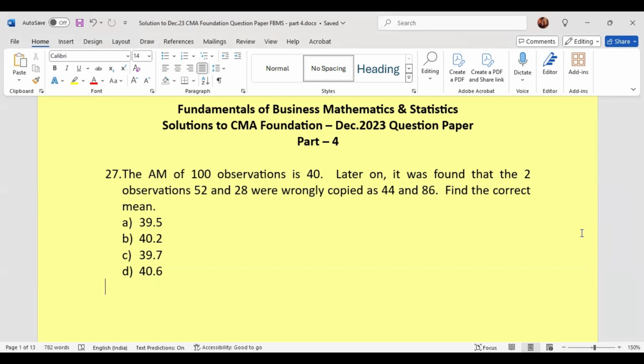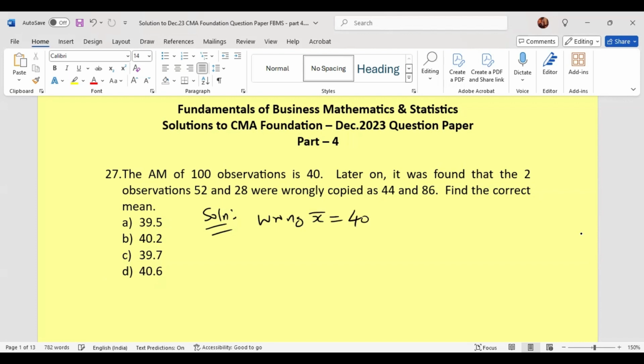It says arithmetic mean of 100 observations is 40. Later on it was found that the two observations 52 and 28 were wrongly copied as 44 and 86. Find the correct arithmetic mean. This indicates that the given arithmetic mean is the wrong arithmetic mean. So I'll say solution. Wrong x bar